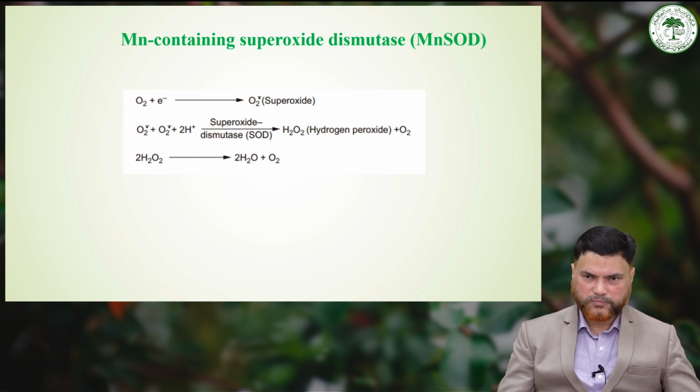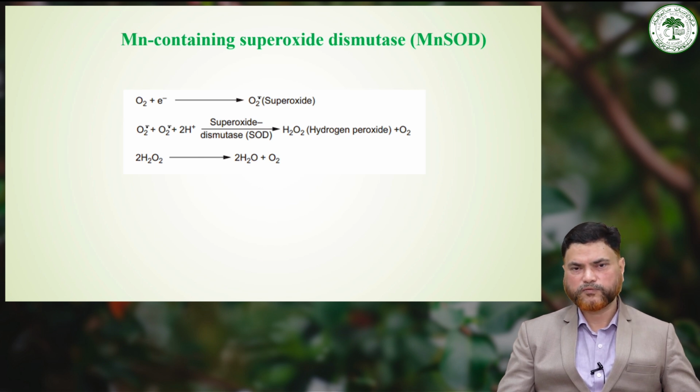These SODs protect tissues from the deleterious effect of oxygen radicals, the superoxide radical formed in various enzymatic reactions. The conversion of superoxide radical is catalyzed by superoxide dismutase, and this leads to formation